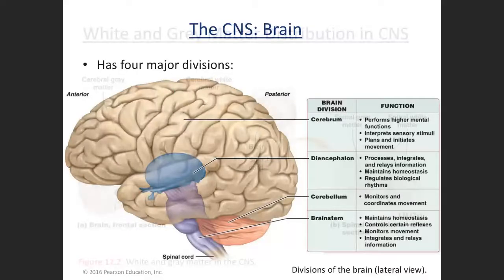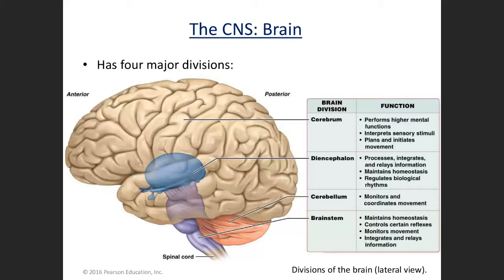Okay, moving along. So again, the central nervous system is going to be composed of both the brain and the spinal cord. We're going to look first at the brain and then look at the spinal cord. The brain, which I absolutely love, I think it's super cute. So your brain is composed of,